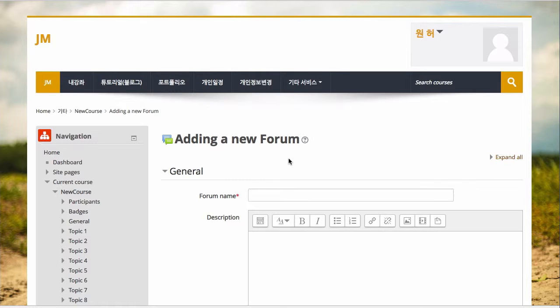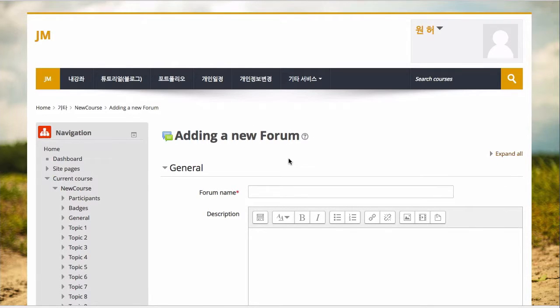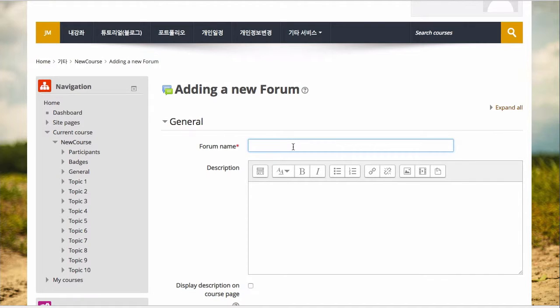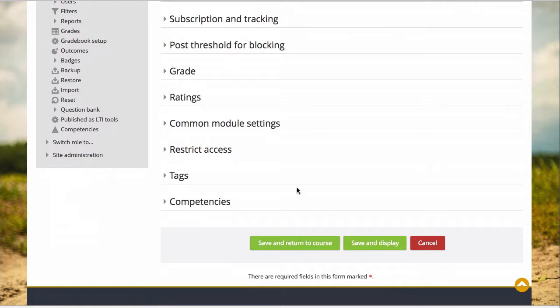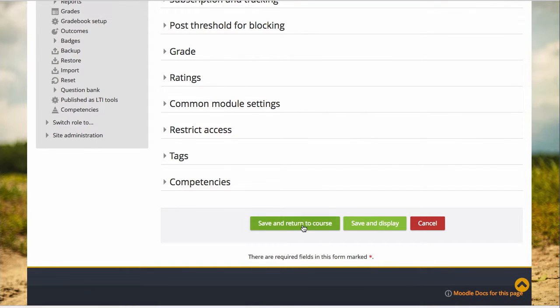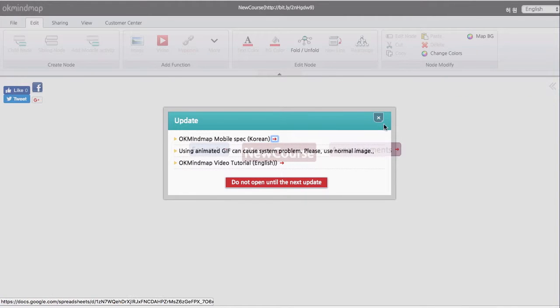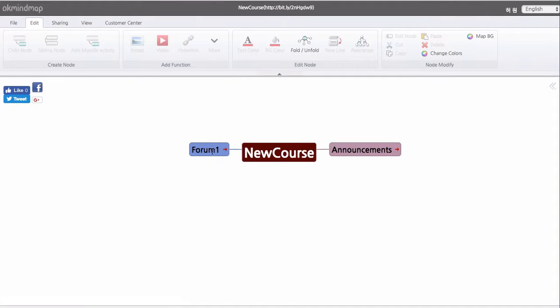This is an ordinary Moodle forum creation page, and here you can give it a name like forum 1 and a description and whatever configuration you'd like to set, and save and return to the course. Now you can see that the forum is created. An announcement is created automatically. You can do whatever work you like to do as in the original Moodle